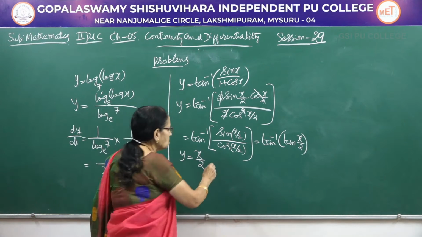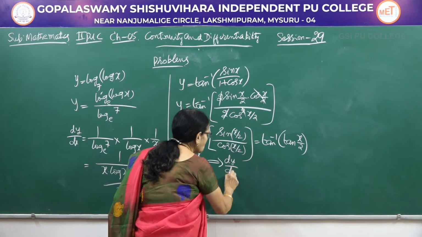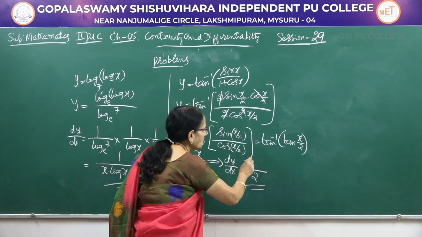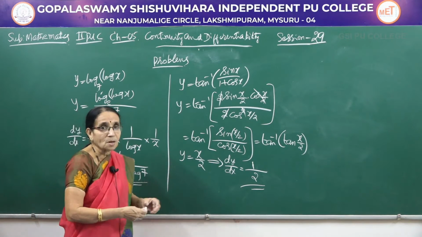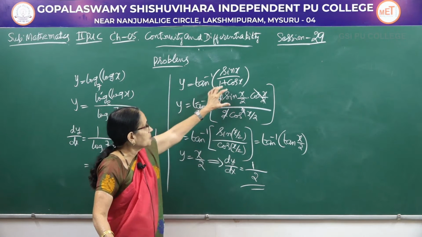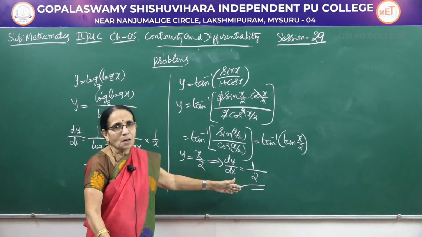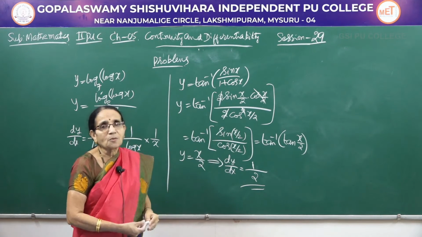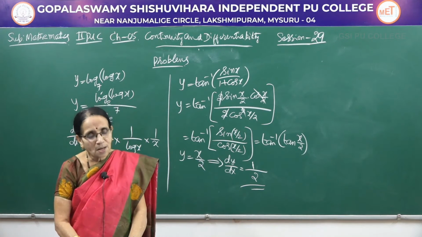So, y equal to x by 2. When you differentiate, don't apply the quotient rule here. dy by dx would be 2 remaining as the denominator, and for x the derivative is 1. So, the answer is 1 by 2. Whatever method you adopt you get the same answer, no doubt. But with 1 over 1 plus square of this one, then applying the quotient rule, then simplifying, certainly you get the same answer. But because of the knowledge of expressing in the simplest form, we got the differentiation done within one line and you get the answer easily.